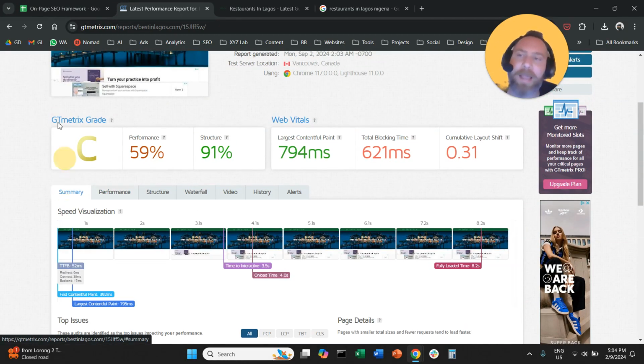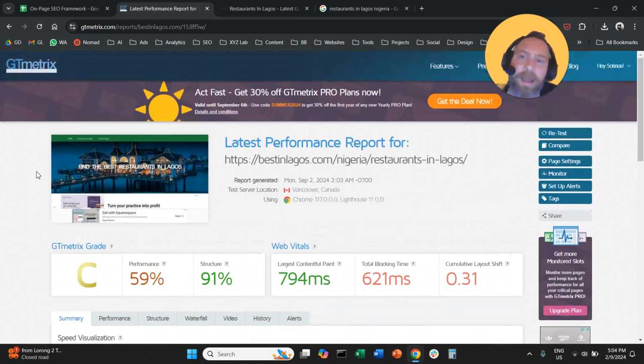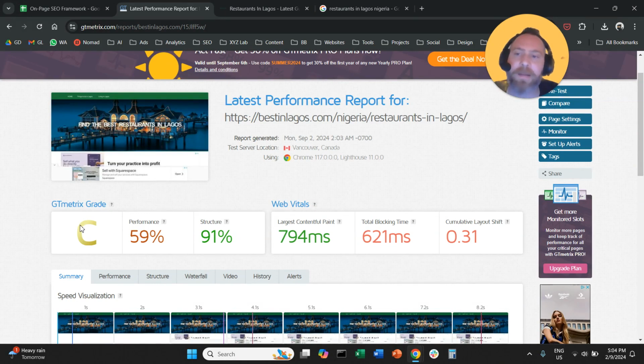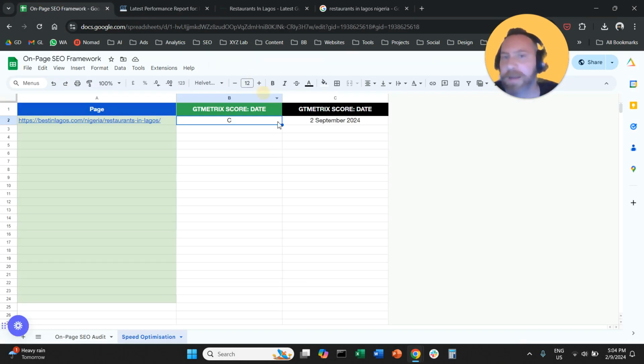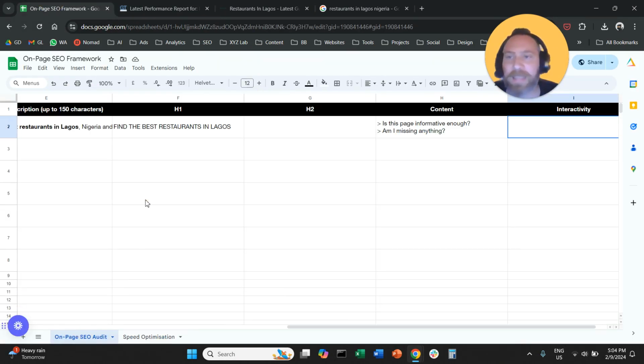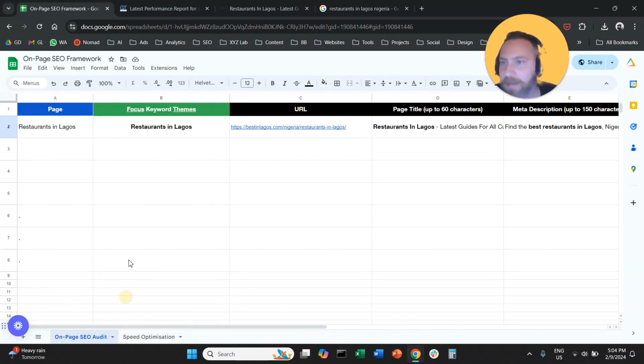And once I apply them, I'm going to go to the same tool, put my URL here, and reevaluate this page. My intention is for this number to improve. And that's a quick and easy on-page SEO audit that you can apply in, I would say, less than 1 hour per page, much less than 1 hour, maybe even in 10-15 minutes, you can audit a single website page